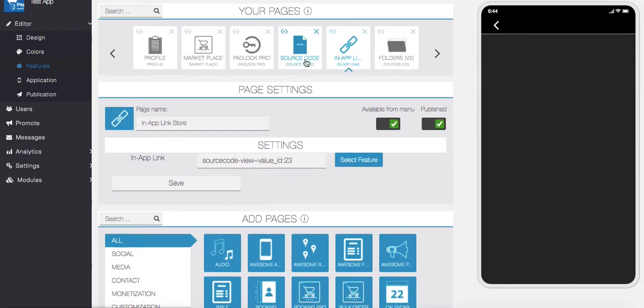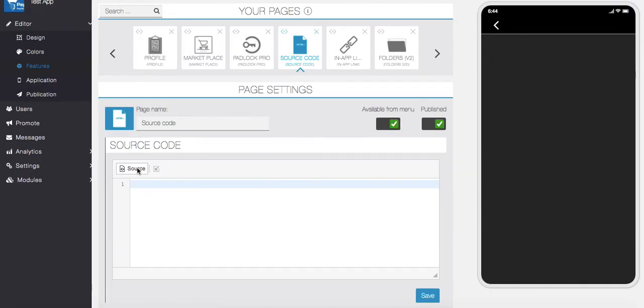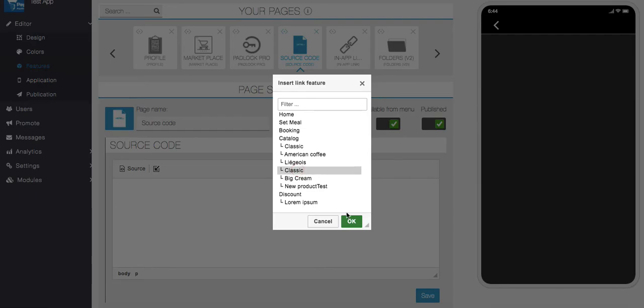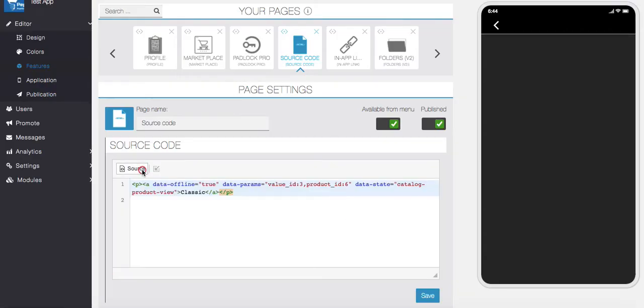So first, let's understand how this feature works actually. So here, whenever we create in-app links, first create any link and go to source. There is one format that is being used. There is one option called data params. So here you'll see there is value ID 3, product ID 6, and state is catalog product view.